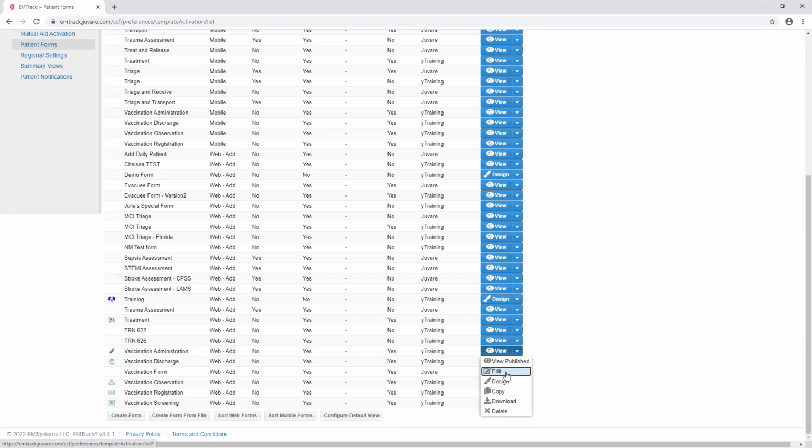I can go ahead and set something for daily tracking, which for those of you that are looking for vaccination, that daily tracking option might be something that you might be interested in if you're going to have someone follow a patient through. They can use that same tablet, follow the patient through, and they won't have to re-enter or rescan their barcode every time. Again, it is a single device thing where you start that run and you keep that patient and you keep them on that same device all the way through the process, through all the forms,